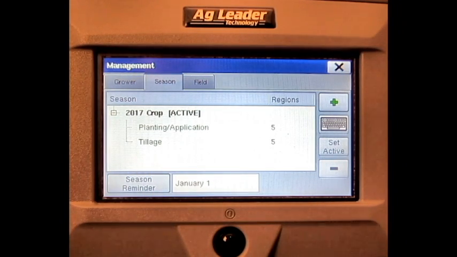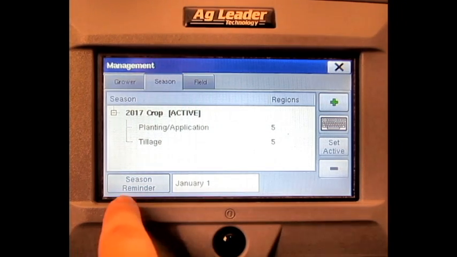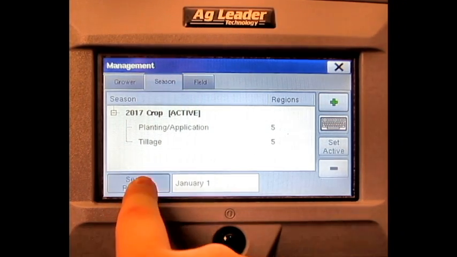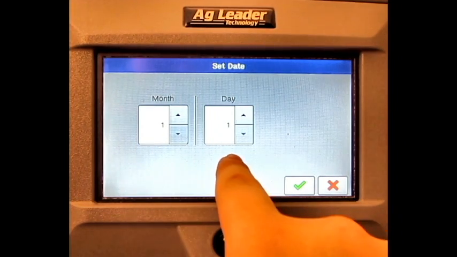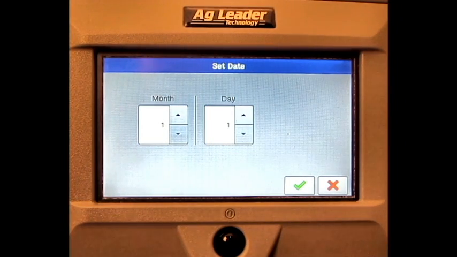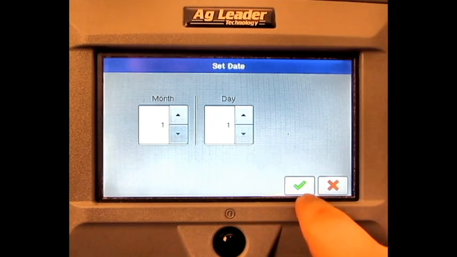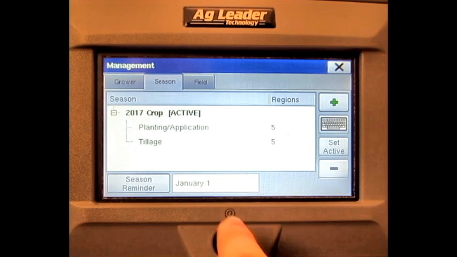To set the new season reminder, press the season reminder button and set the month and the day that you wish for this reminder to be present. Once this has been set, press the green check mark and your reminder has been set. We have now covered how to change seasons, remove seasons, and set the new season reminder on the Ag Leader